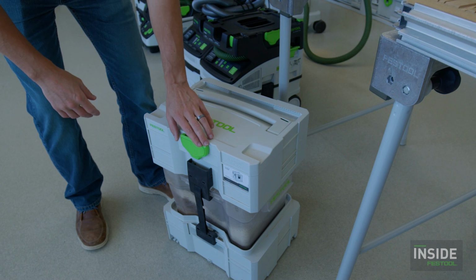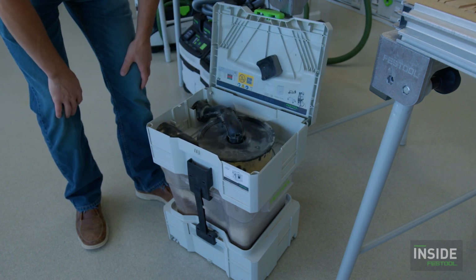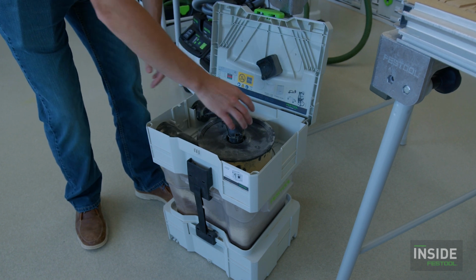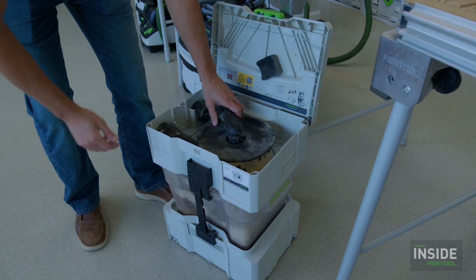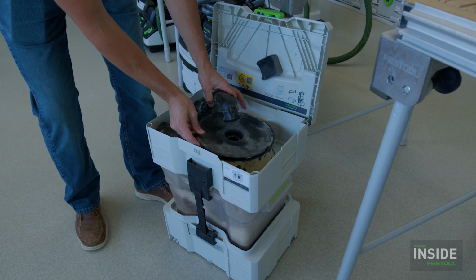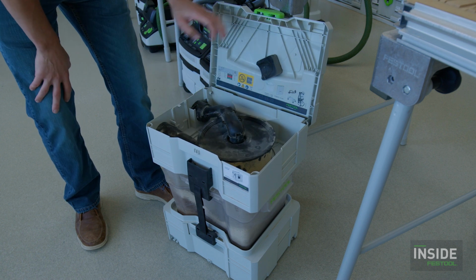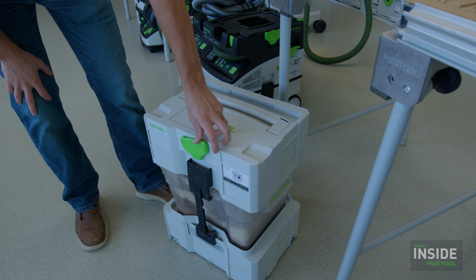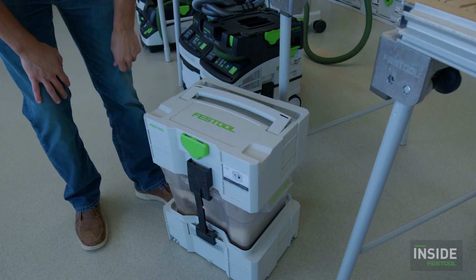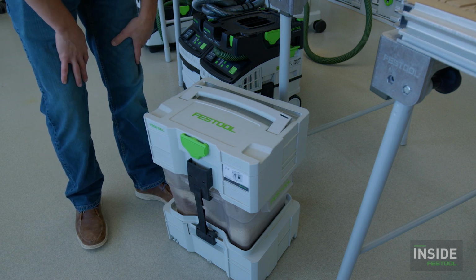Okay, so let's take a look inside at the actual cyclone mechanism, and you can see it here. As we talked about earlier, the dust is coming in, it's swirling around, the heavy stuff is getting dropped to the bottom, and I can actually pull this apart here so you can see it's a pretty simple design. And then whatever makes it through this then goes into the filter bag. So that's another way, in this case, like I said, a third stage that allows you to really prolong your bag life, but also create a nice, quick, easy way to empty out the vacuum when you're creating lots of